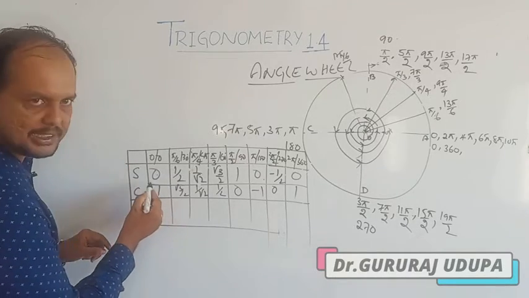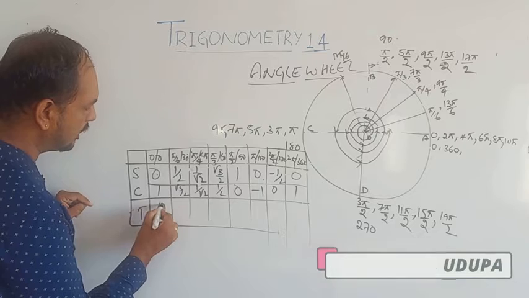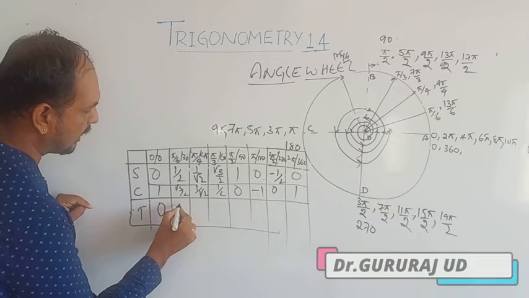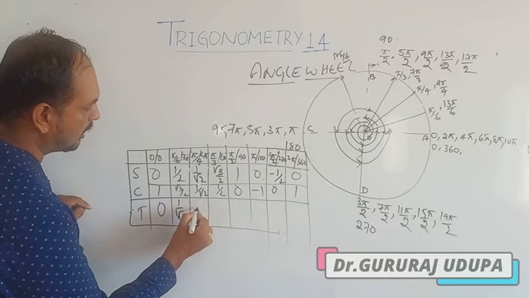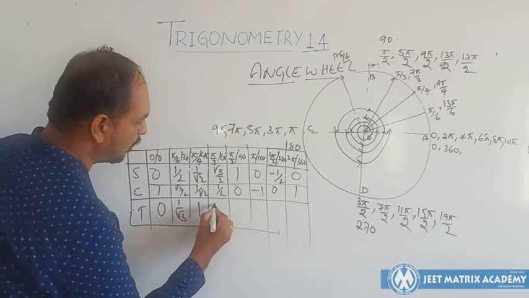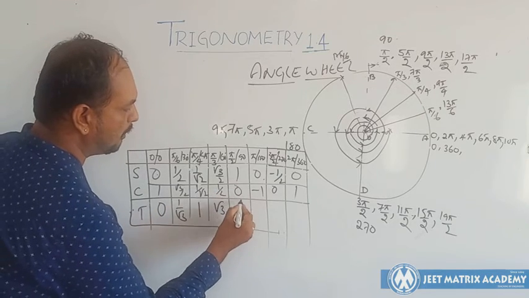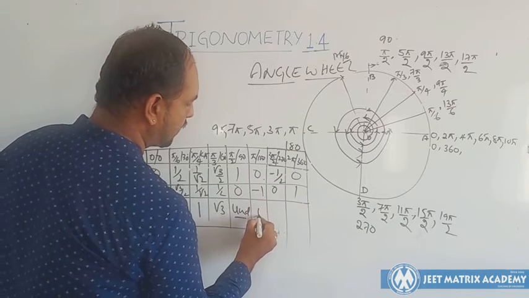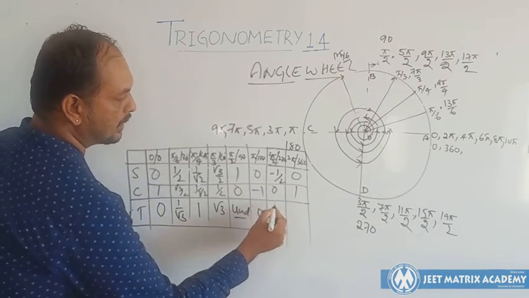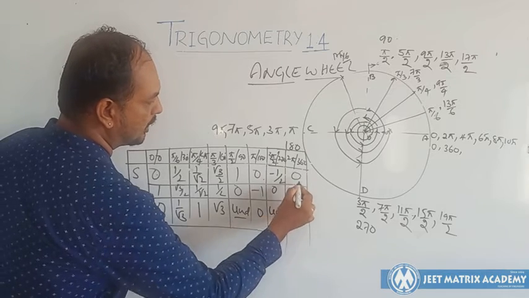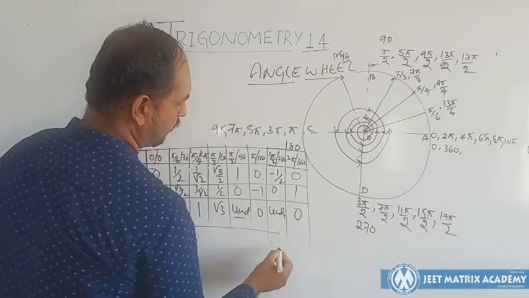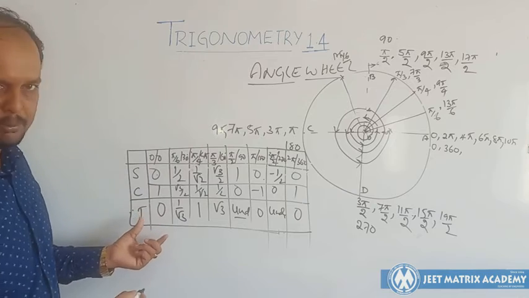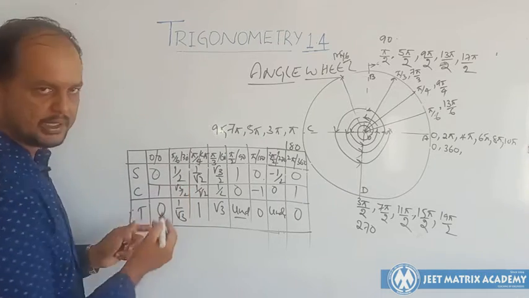So this by this, sine by cos, 0 by 1, 0. The 2 gets cancelled, 1 by root 3. This is 1, this is root 3, the 2 gets cancelled, 1 by 0, undefined. Okay, 0 by anything will be 0. Anything by 0 is undefined. Okay, 0 by 1 is 0. So it is easy, the last table to remember. This divided by this, over.